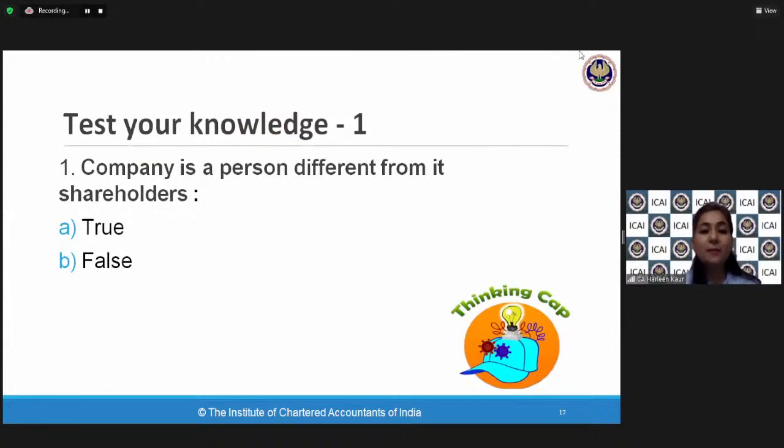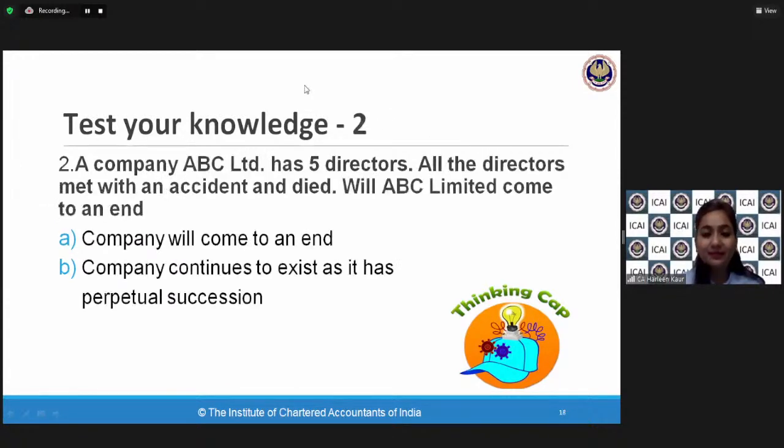Number 1, the company is different from its shareholders. That is absolutely true. And what is the point that proves it? Company is a separate legal entity. So 1 point extra for those who have written and impressed me with this word also. That's excellent. And the second one was also very, very simple. The company will come to an end. No, the company will not come to an end because the company has a perpetual succession, means it still continues to exist. And 1 point for those who have written, company's name needs to be removed if it wants to come to an end. And the third one,